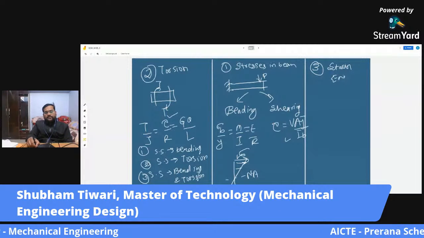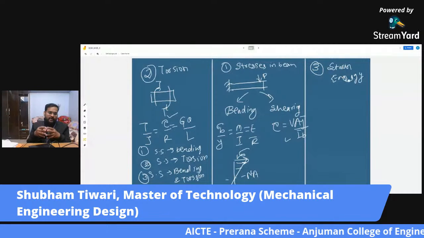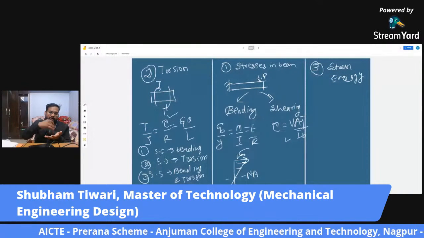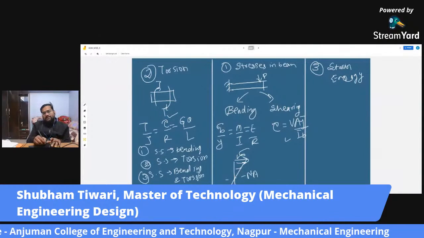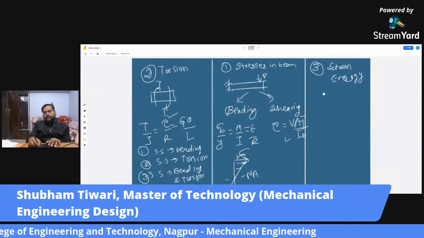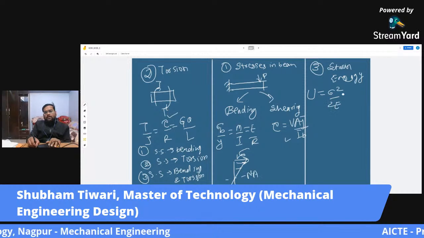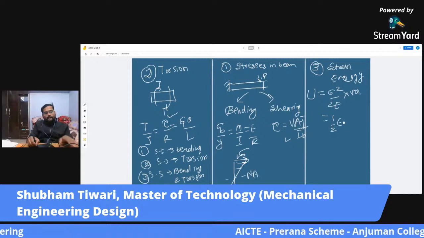What is this strain energy? स्ट्रेन एनर्जी क्या होता है? जब भी आप किसी मटेरियल को डिफॉर्म करोगे तो वो एक एनर्जी स्टोर करेगा, उस एनर्जी को वो यूज करेगा अपने शेप को रिगेन करने के लिए जब लोड को आप हटा देंगे। So that energy is known as strain energy. And the formula for strain energy was sigma square upon 2E into volume,